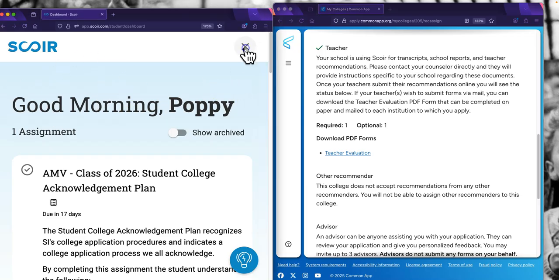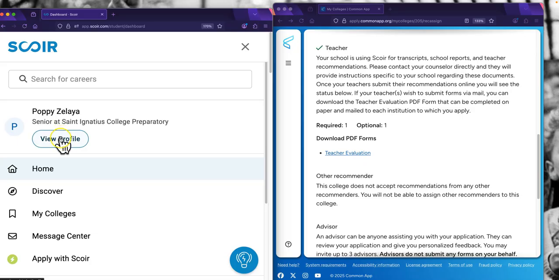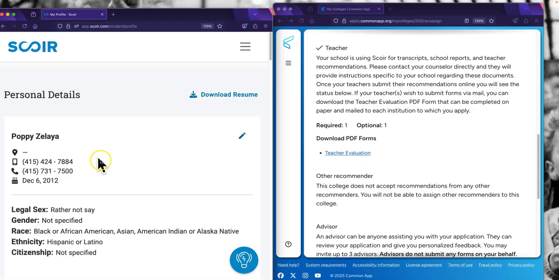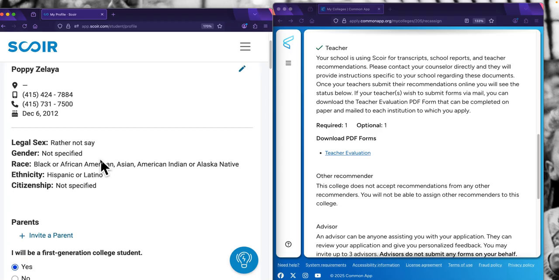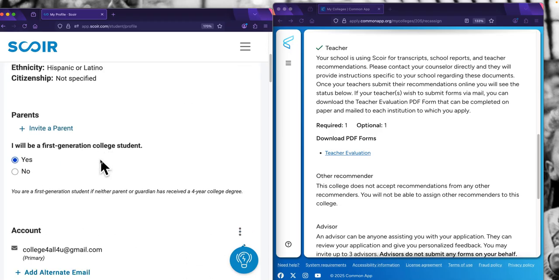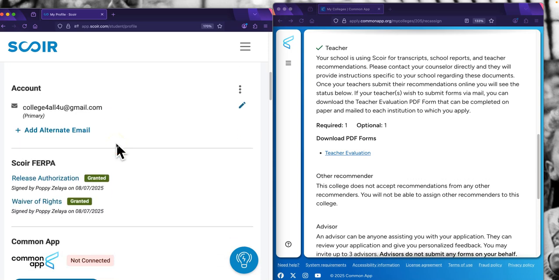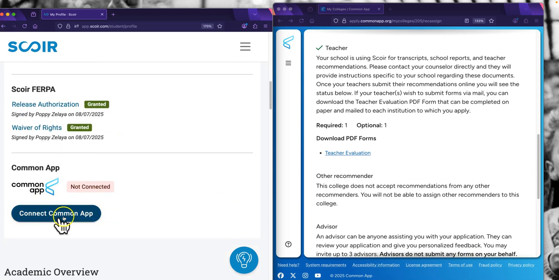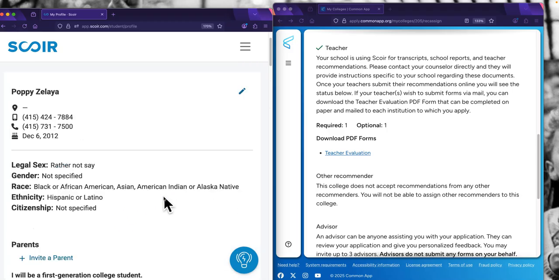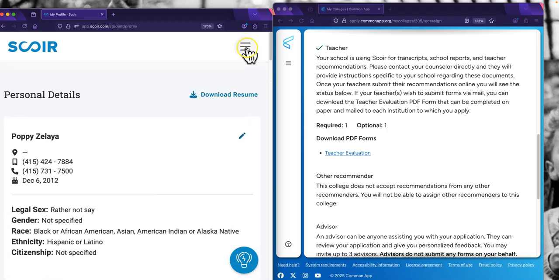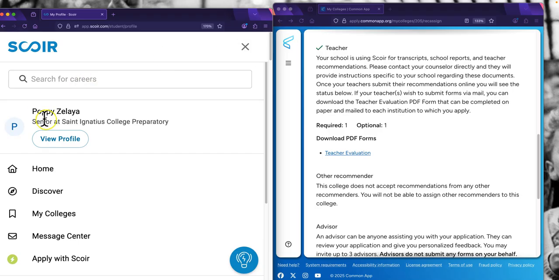So what do you need to do here? Okay, so let's just make sure you have gone to view profile. Remember, if you're doing the desktop version, you're seeing exactly what you're seeing here. So your name is all updated. Your parents need to be linked to the account. Remember, you have the acknowledgement form and it's to be done. Oh, did you do this? This is under my profile. So remember, how did I get there again? So I'm going here to view profile, right? And then I'm going to